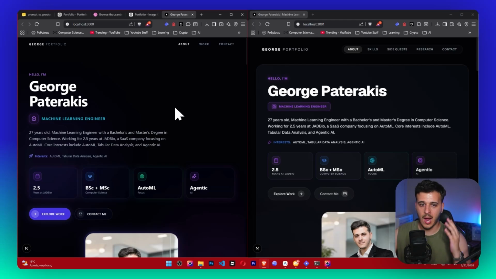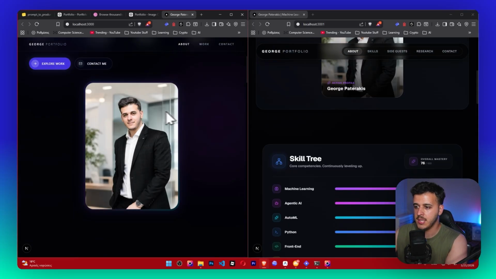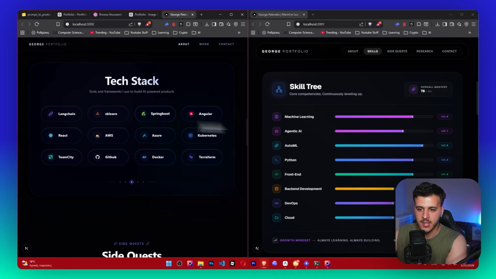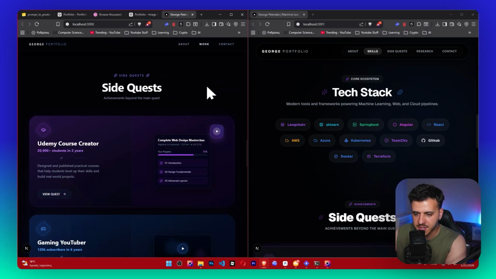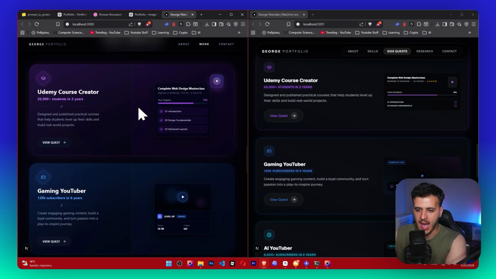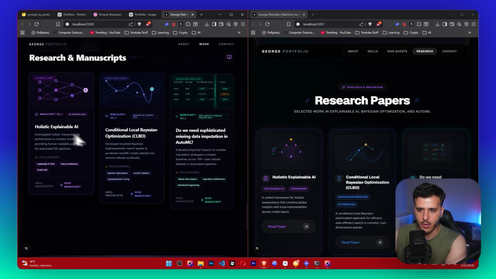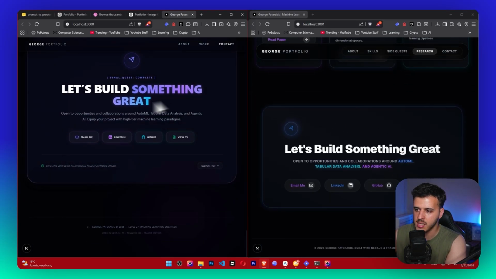But let me show you with these very simple dummy steps how beautiful it is. Like, look at the colors. Left is the two iterations, right is the single iteration. It just looks so much better across the board. Like, everything looks so much more modern, so much better. Maybe this part is a little bit competitive between the two, but this is more close to what we asked. And the side quests, oh my god, the side quests on the left are so much more beautiful. And here we got also the research papers that are so much more amazing. And the contact us is really so much